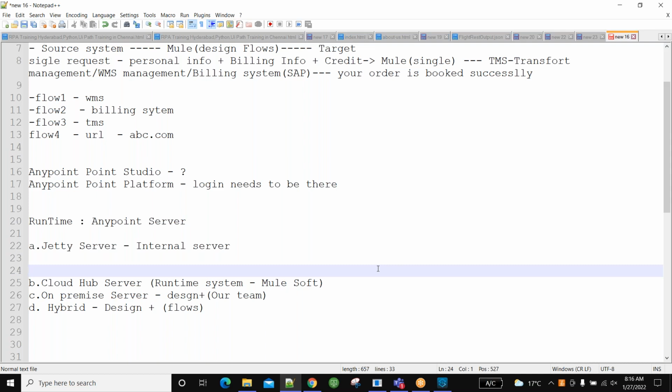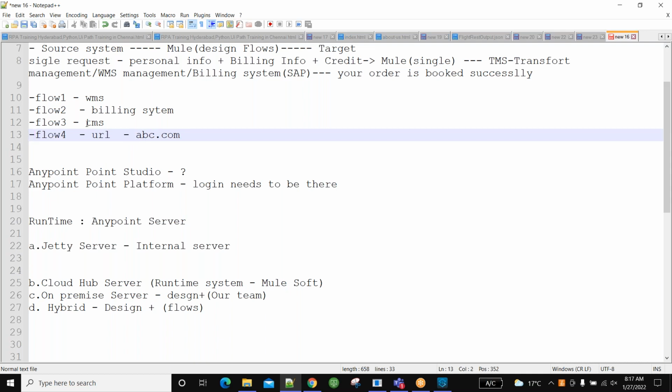Okay, now coming to the interview question. Now we will discuss one interview question. Normally, when you are explaining your project to any interview panel, they will definitely ask about design, the business logic challenges you have faced. For example, for touch basing this billing system, what is the critical logic you have done, what is the challenge you have faced?